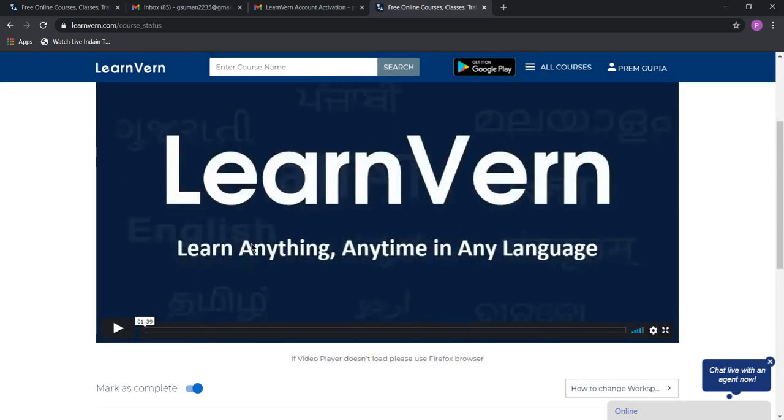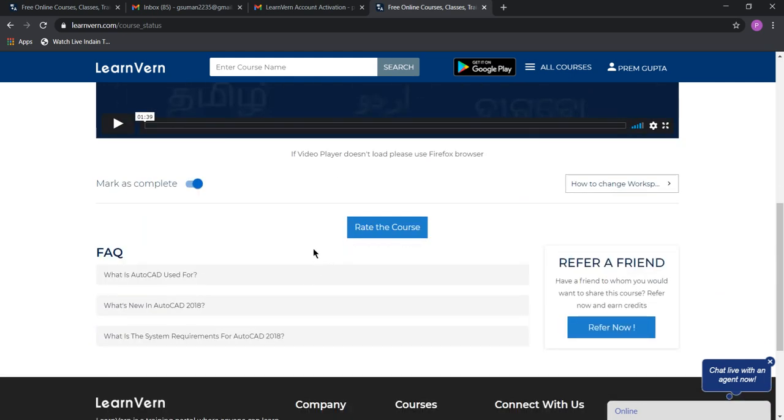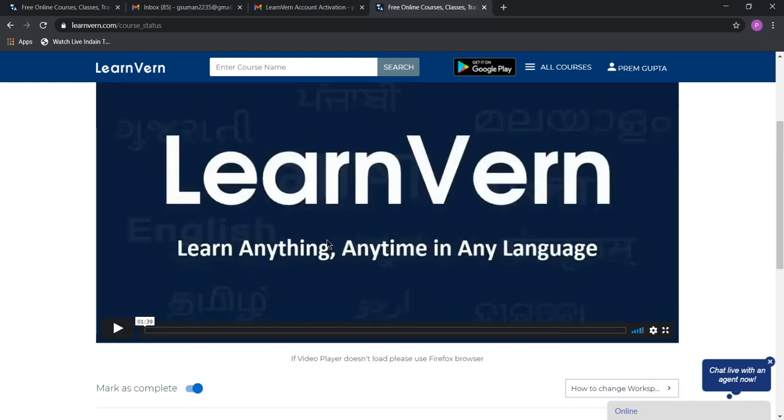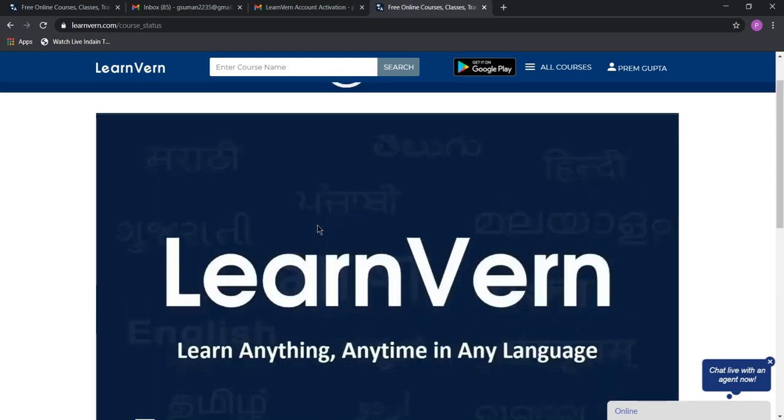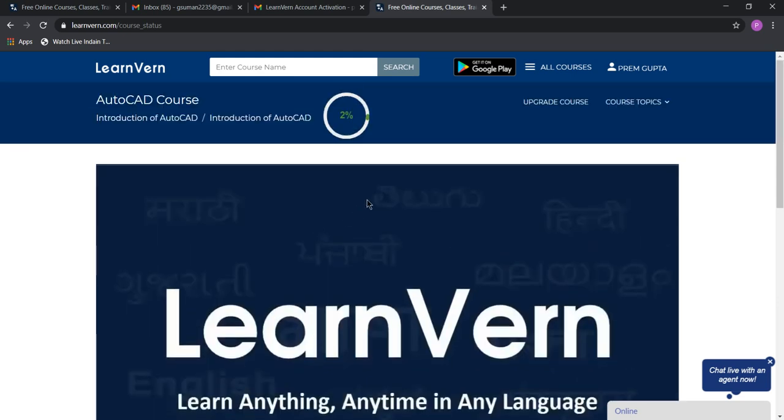If you have registered for the certificate course after paying 500 or 499 rupees, you will definitely get your certificate by mail in your Gmail from Learn One. In that certificate you will get a lot of things. There is a QR code also attached, and that is valid everywhere in the world.